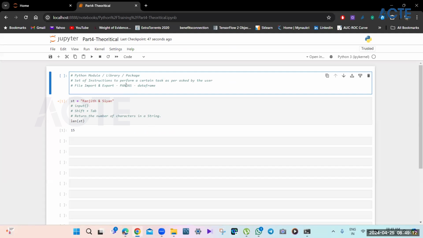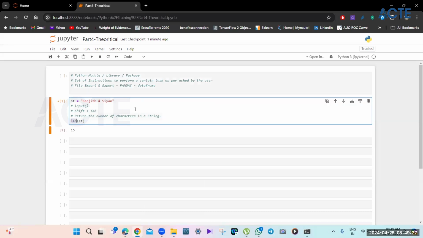So pandas is something which will help you take an external file. Let's say we have a CSV or Excel file. If we import that file, then we should have a certain set of functions to do certain work on it. Now, if we use length on a particular column, it might not work because it was not supposed to do that work.